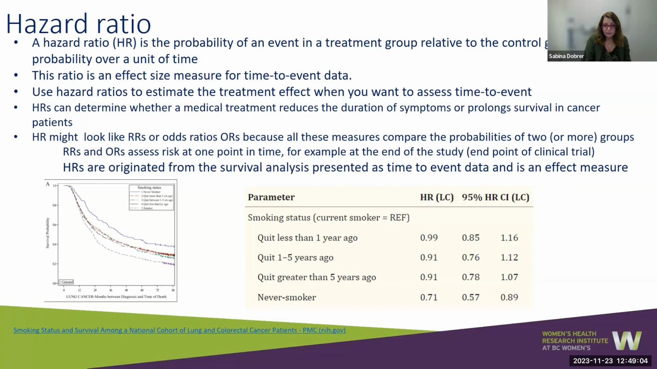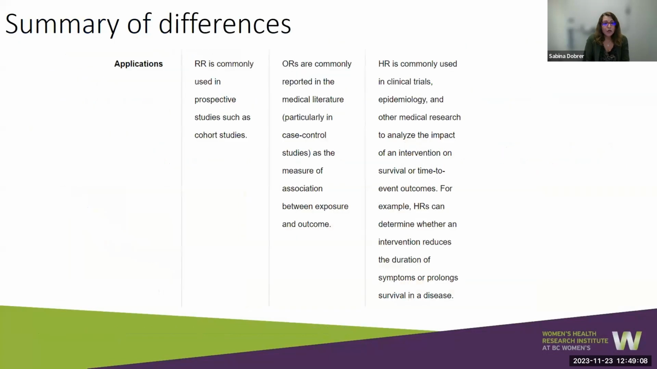You can read it later, maybe in more detail, if you decide to rewatch the video. So here I basically put in the table the application for relative risk, odds ratio, hazard ratio. Here we can see that the relative risk is commonly used in prospective studies, such as cohort studies. Odds ratios are commonly reported in the medical literature, particularly in case control studies, and it's a measure of association between